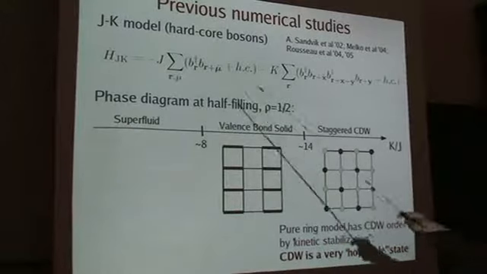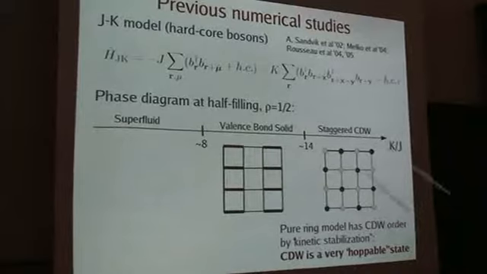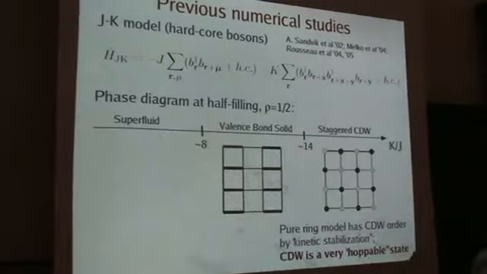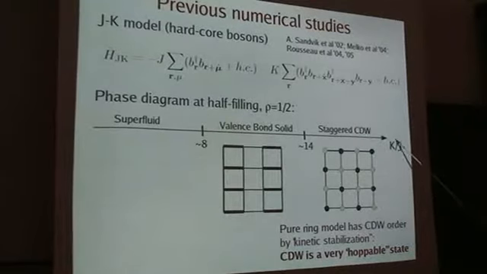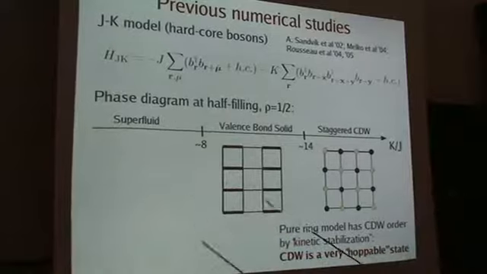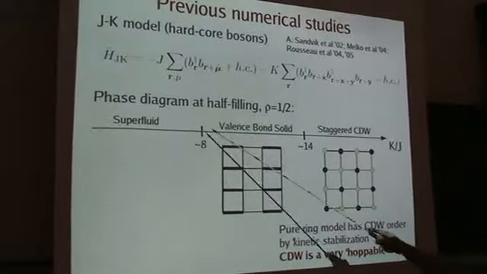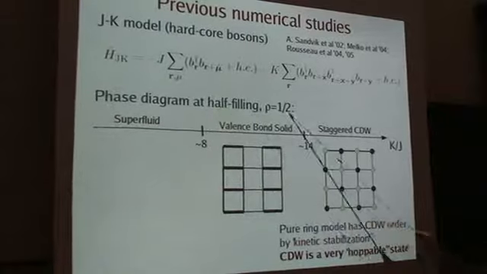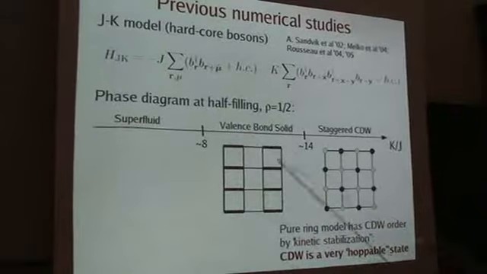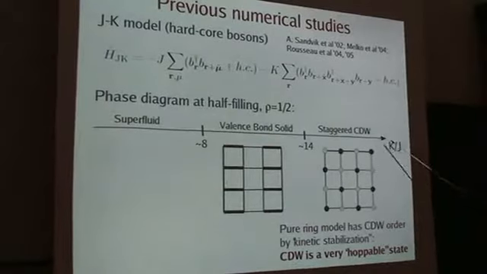So that's the model which was studied, and this is the phase diagram at half filling. For small ring exchange it's dominated by hopping and the system is in the superfluid phase. Then what was found is that as one increases the ring exchange, at some point the system undergoes a transition to a columnar valence bond solid, and as one increases the ring exchange even further, particularly going to large K, where